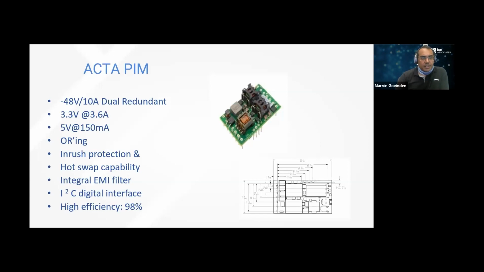And this is the ACTA PIM module, which is 48 volts in. It's dual redundant. It's for these telecom boards. This is sort of a standard product. It's hot swap capable. It has an integrated EMI filter and I2C interface. Again, efficiency 98%. So as you see with these modules, if you need to drop them into a design,